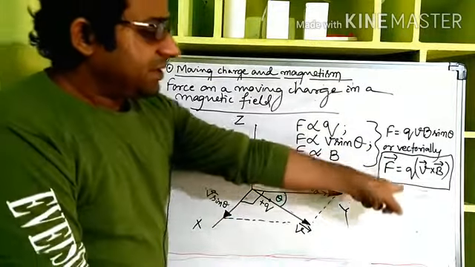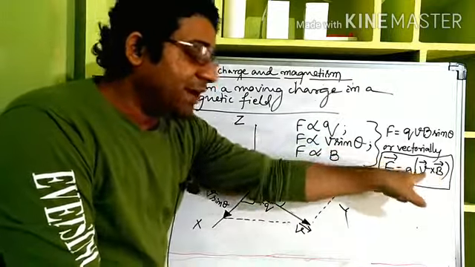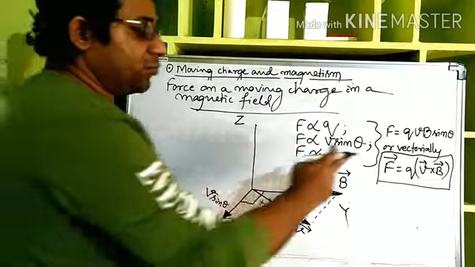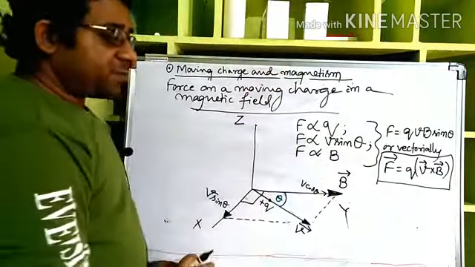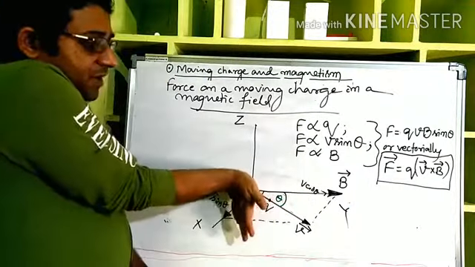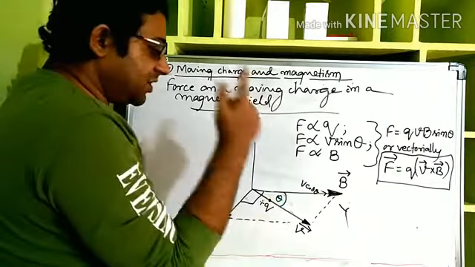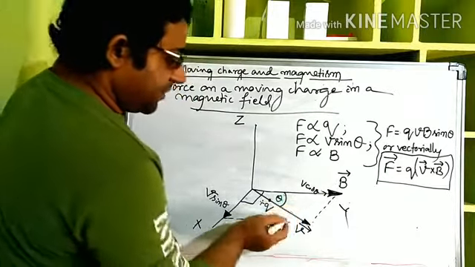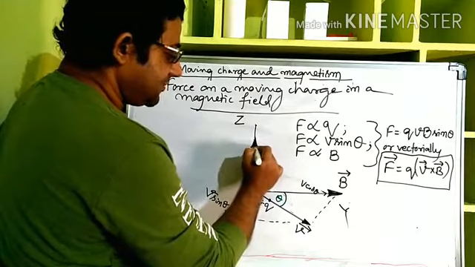this we have understood. And the force can be calculated from here if we know V and B, strength of a magnetic field and with what velocity it is moving at what angle. That is fine. But what is the direction? See, V cross B. What is the direction of a cross product? If we curl the fingers from V to B, the direction will give the force. Now see, V is in this plane and B, from V to B, it's perpendicular to both, so force will be in this direction, right? Perpendicular.